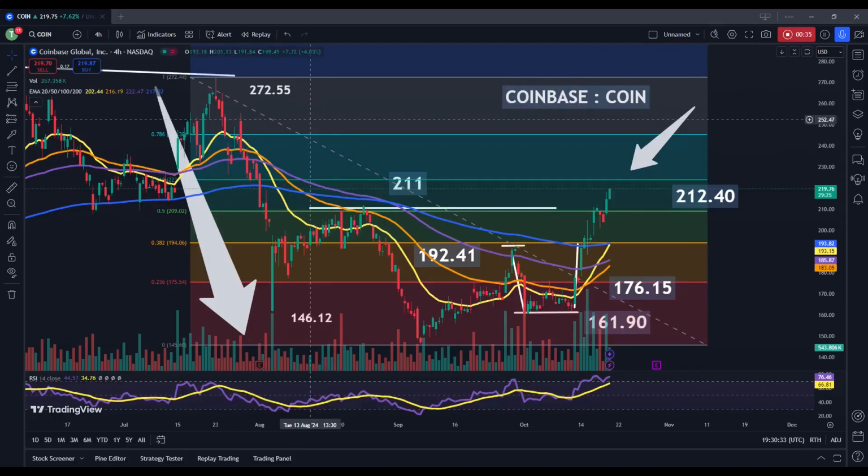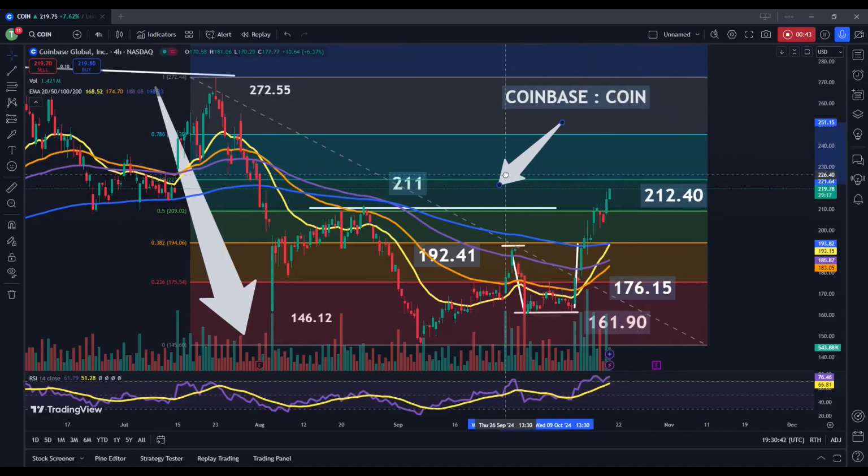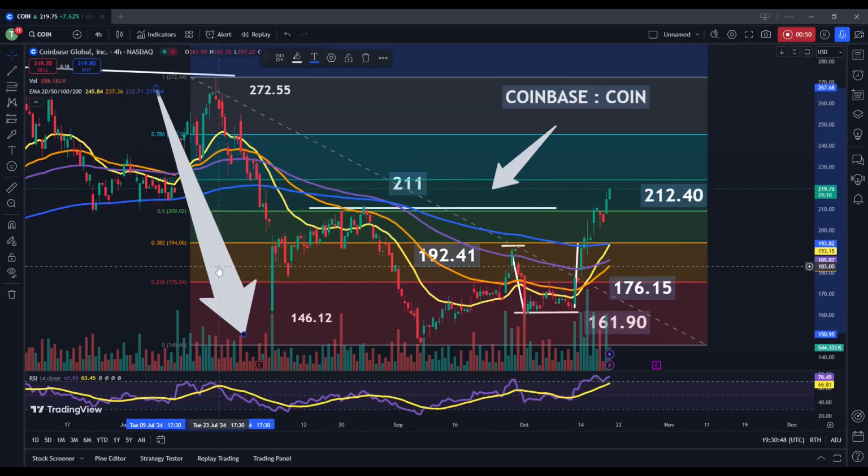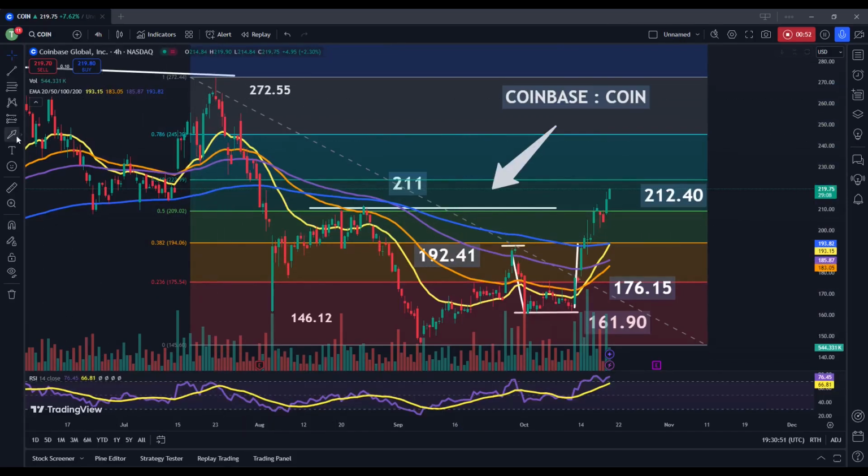So what we're looking at here is the 4-hour price chart. Each candle on this time frame represents a 4-hour trading period. And what we were looking at in the prior video was really this confluence of technical signals that was starting to form right around the 50% retracement level of this declining move, roughly from 272.55 all the way down